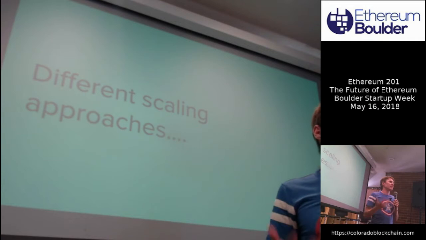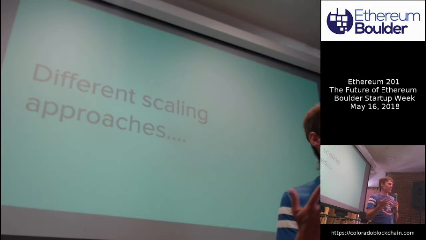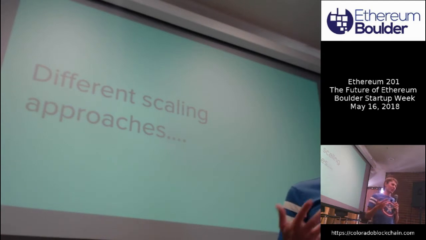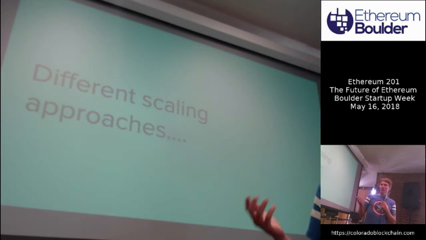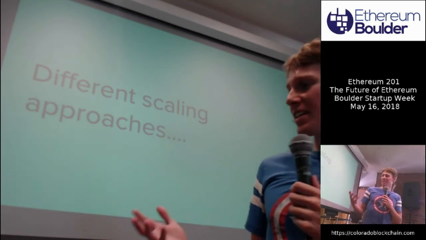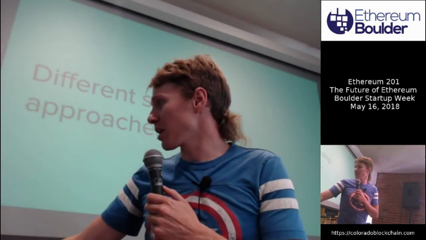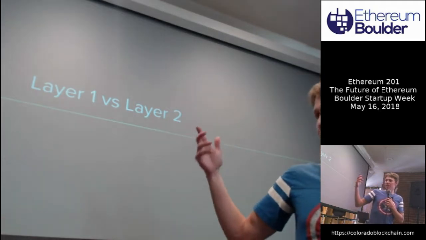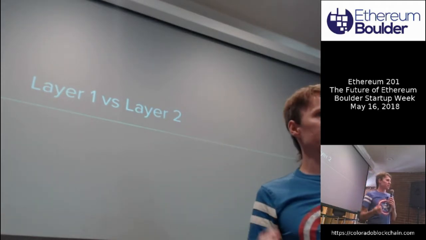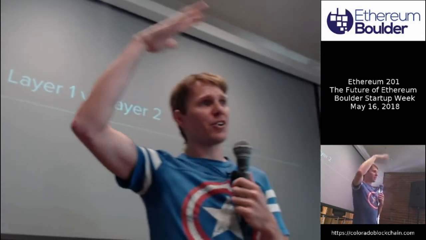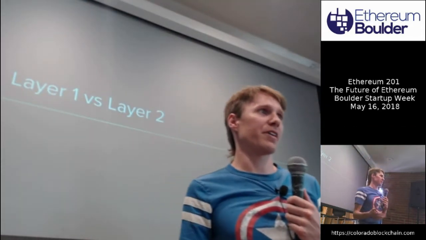So the general idea here is that right now people are building production applications on what is effectively a toy. The Ethereum blockchain isn't a toy, but it's still super slow and clearly can't handle real application capacity. So scaling is one of the holy grails, in my opinion, of blockchains. And so we're going to talk about 2 different approaches. Layer 1, Layer 2. So Layer 1 is core protocol, things that are part of the core Ethereum protocol that make it faster. And Layer 2 are options that we layer on top of the core protocol that allow things to be faster. And we'll talk about some specific instances of these.